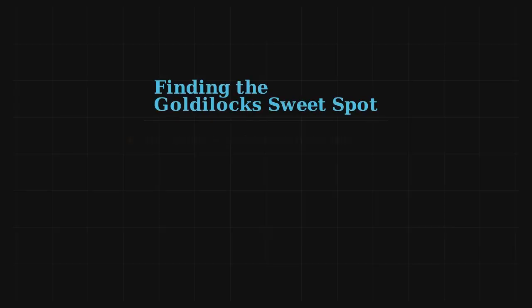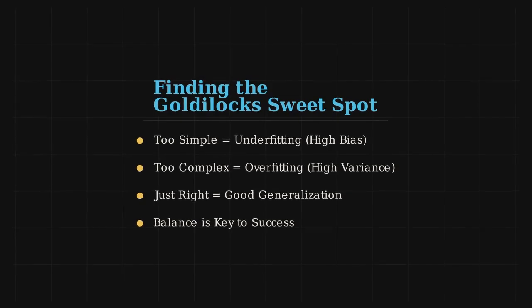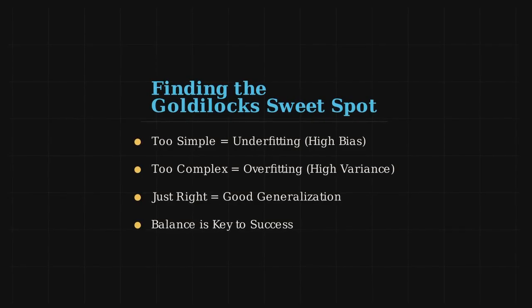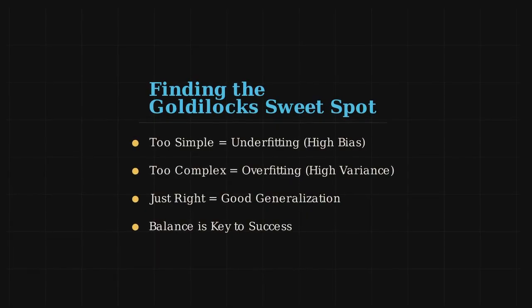The Goldilocks principle: balance complexity to minimize bias and variance. Too simple equals underfitting with high bias. Too complex equals overfitting with high variance. The goal is the sweet spot, a model that generalizes to